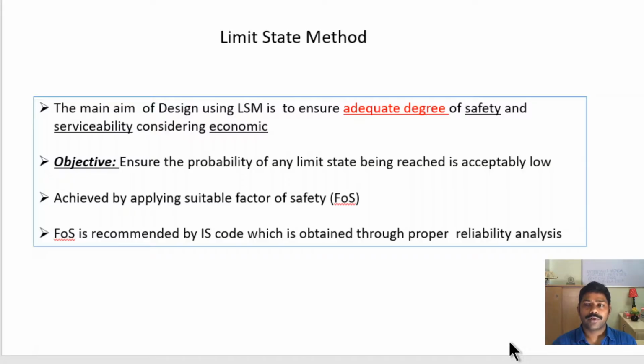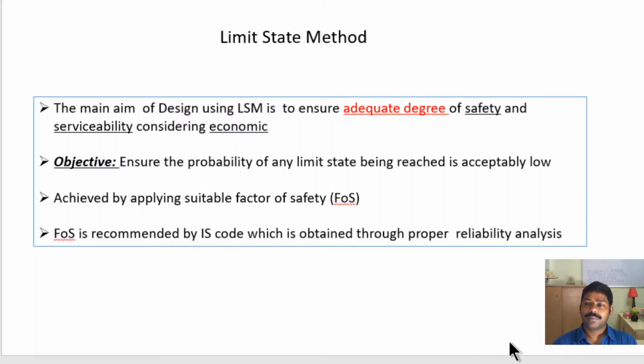In the working stress method, we observe that the area is coming more, and for that reason we are able to provide sufficient safety and serviceability, but it was not economical, and that led to the ultimate load method. In the ultimate load method, though we are able to provide sufficient safety, the serviceability criteria was ignored. We are not able to fulfill the serviceability criteria since the cross sectional area was coming low. We are basically compromising with the serviceability criteria.